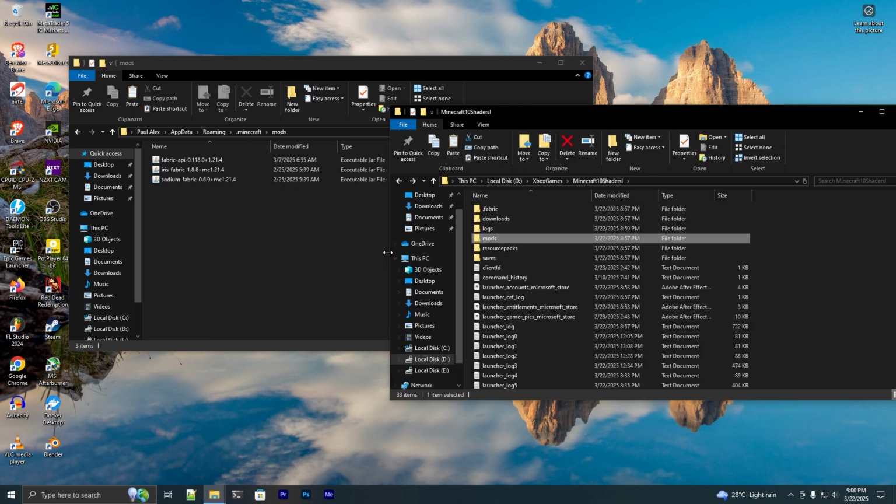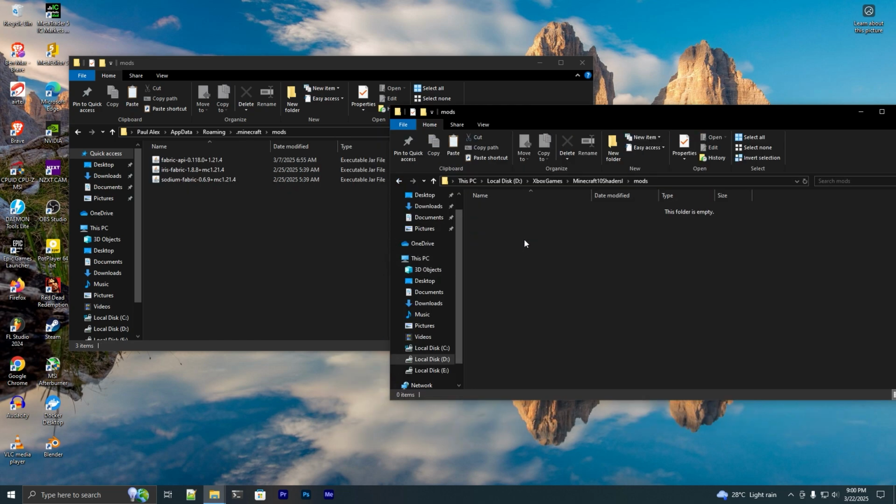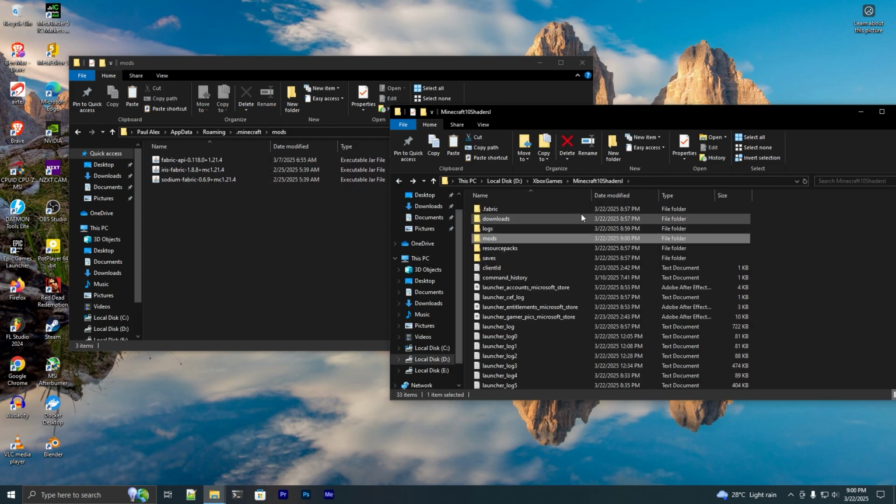To install the mods, copy and paste the mods you want to install to this new installation location. I copied these previous mods to this mods folder, and